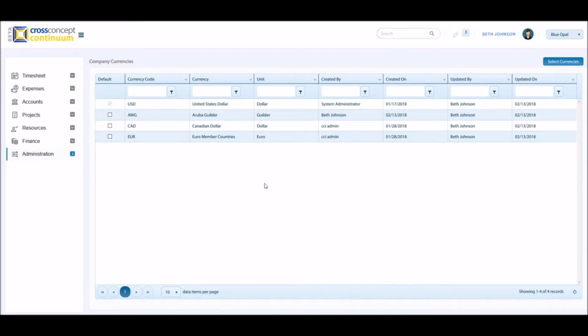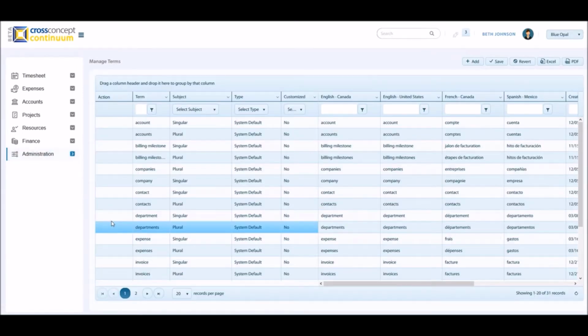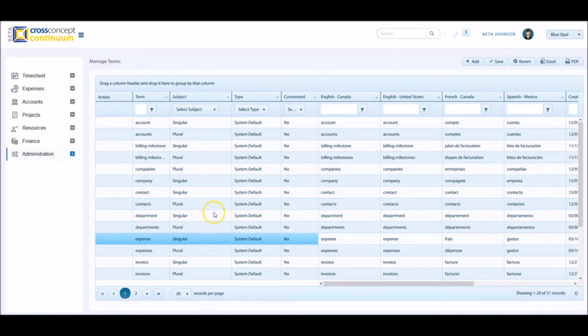Next we go into Administration, and under the Label Management group, we select Terminology. This grid allows us configuring terms that will be used across the organization, such as account, contact, or expense. They can be set as singular or plural, and they can be customized in different languages, such as English, French, and Spanish. This means that whenever these words appear in the interface, the system will detect the user's language preferences